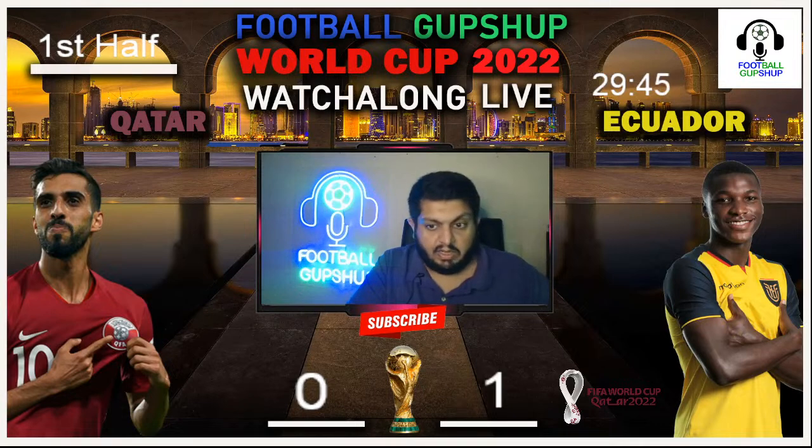If I have to say that Qatar, how they're playing, they're not playing that good in terms of possession. It is Ecuador who have got more of the possession. They are much more technical, they are much more clinical. So I can say that Qatar are not playing that good as they should have been. And you can clearly see that the case with them is not looking strong. So let's see what they're going to do. Ball has gone out. It is going to be Qatar nil, Ecuador 1.